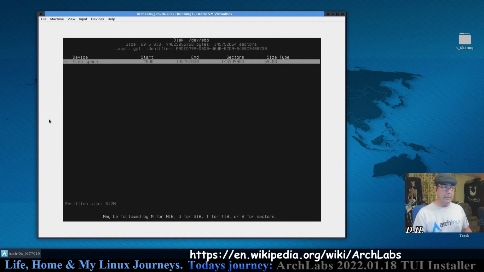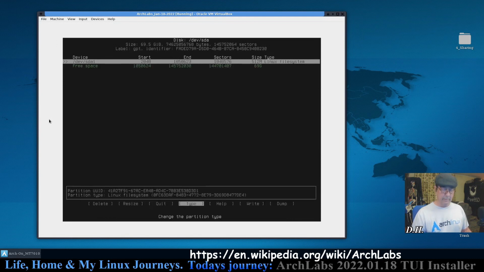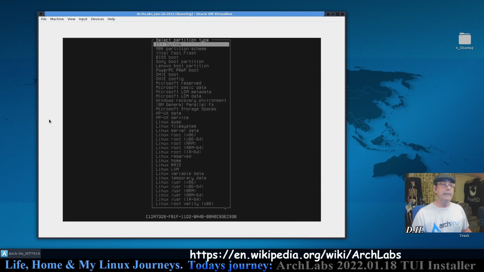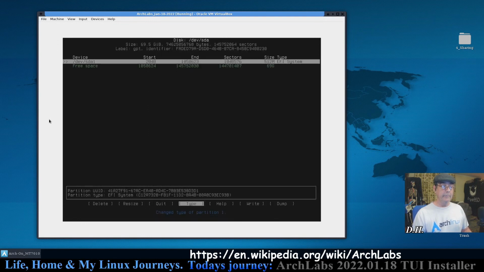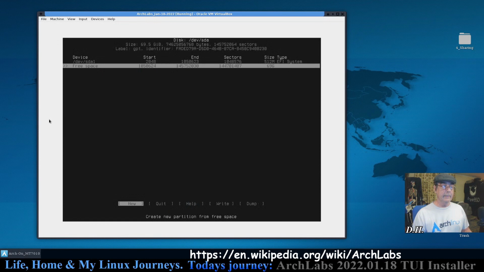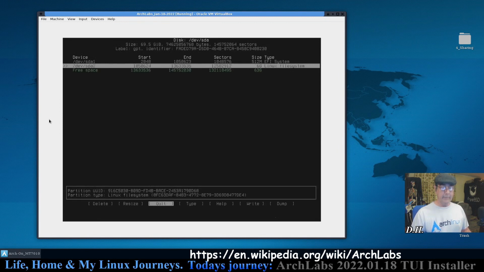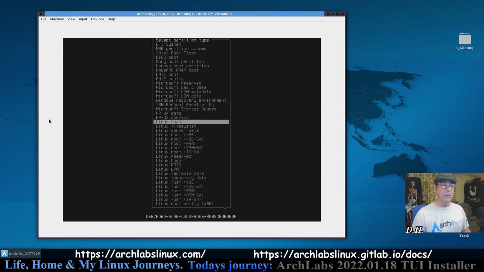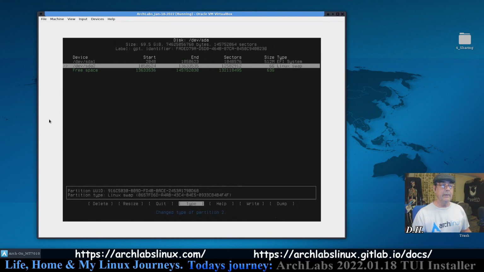Oh, good. Caps lock works. 512 megabytes, capital M. Slide over to type, hit enter, go all the way to the top, and hit highlight EFI system, press enter. I'm going to arrow key down to the new space there and hit enter. This is going to be the swap space, and I allocated 4 gigabytes of RAM, so 1.5 times that will be 6 gigabytes. Press enter, slide over to type, go up 1 in my case, and hit enter